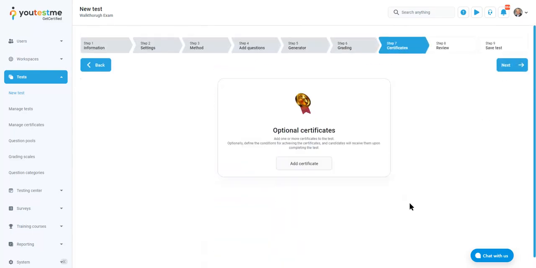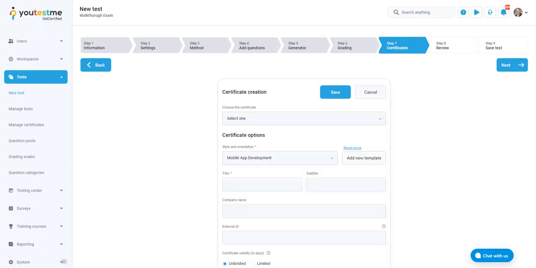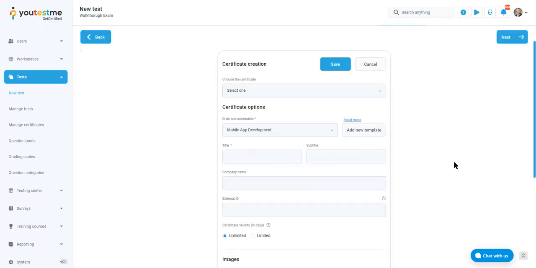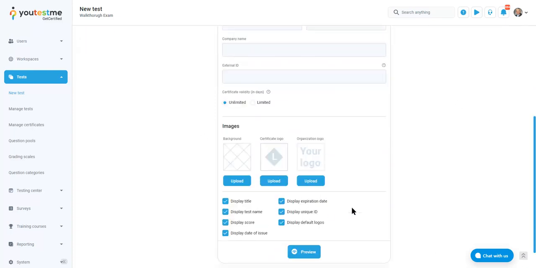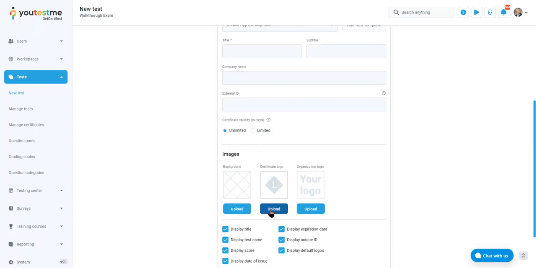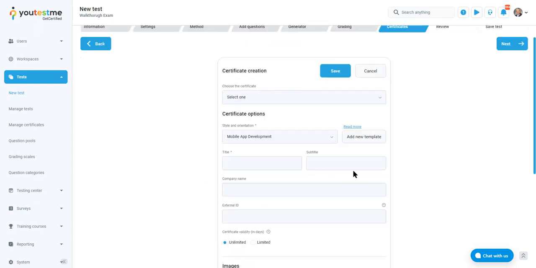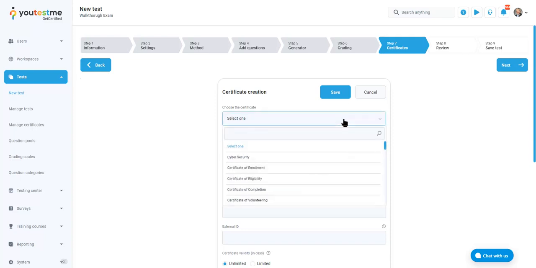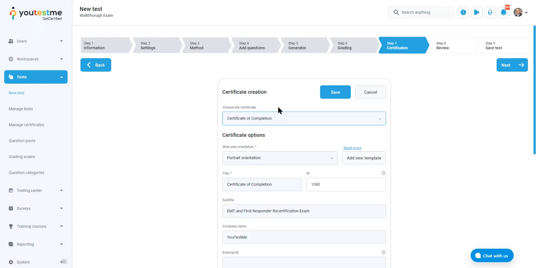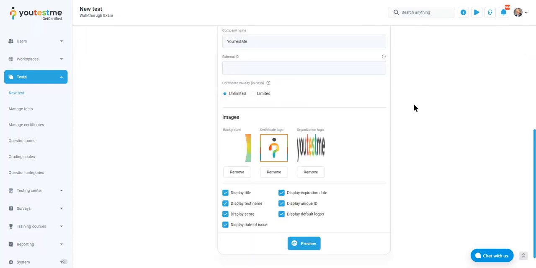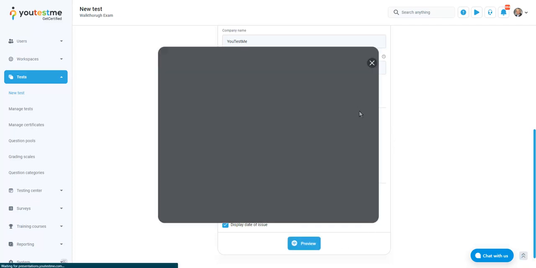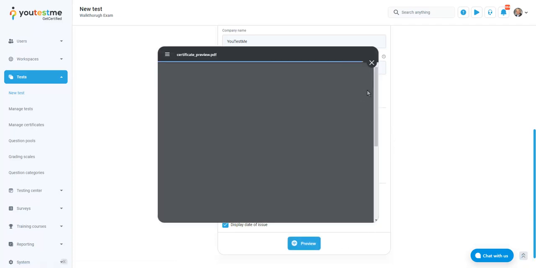So let's go to the next one, and over here we attach a certificate to an exam. Now you can create a certificate using a certificate designer. You can upload the background, the logo, all of that. You can choose what is displayed, but we'll select one of the certificates that was previously created, let's say a certificate of completion. And if we scroll down, we can hit the preview option and see how the certificate will